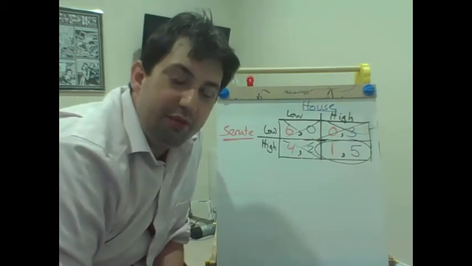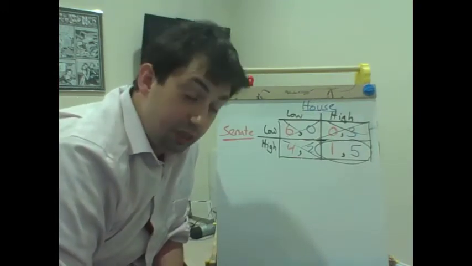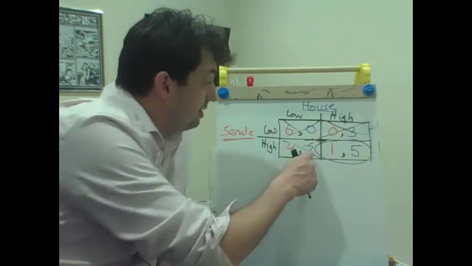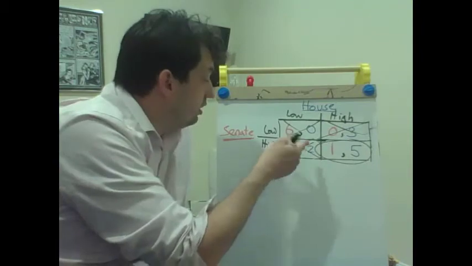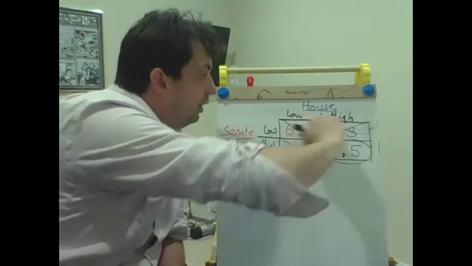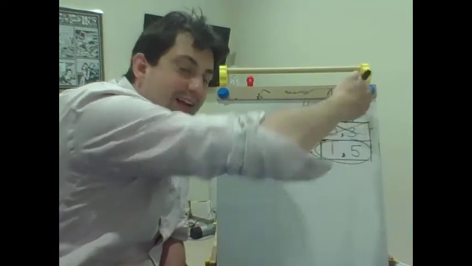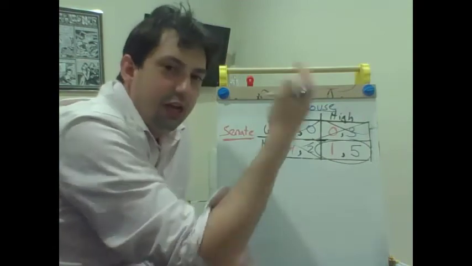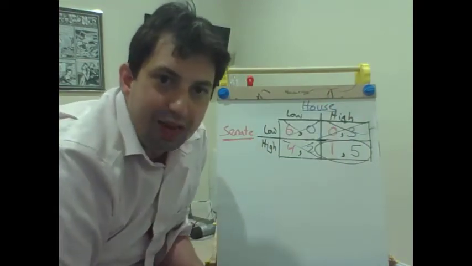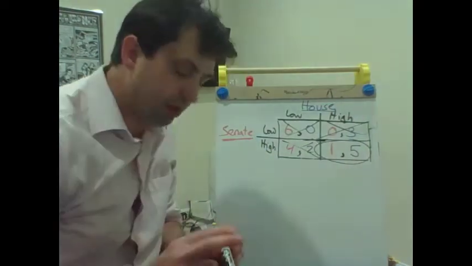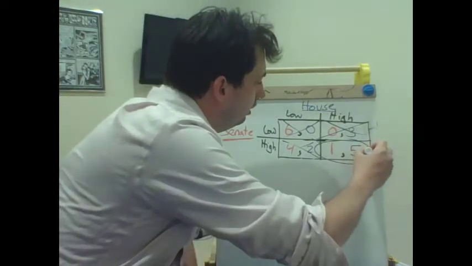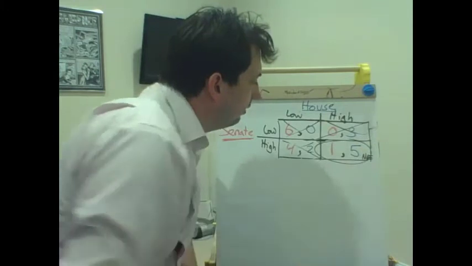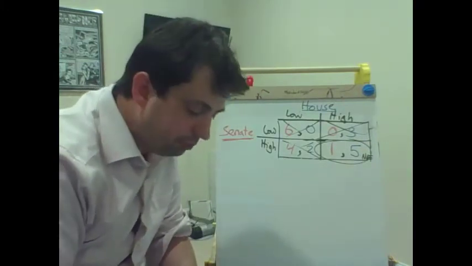Is it possible to have no equilibrium at all? It absolutely is. If I had made that 2 a 6, the House would like to change the strategy, and then the Senate will change it, and then the House will change it back, and then the Senate will change it, and there's no Nash equilibrium. But here there is. In fact, I'm going to indicate that is Nash equilibrium, a little NE.